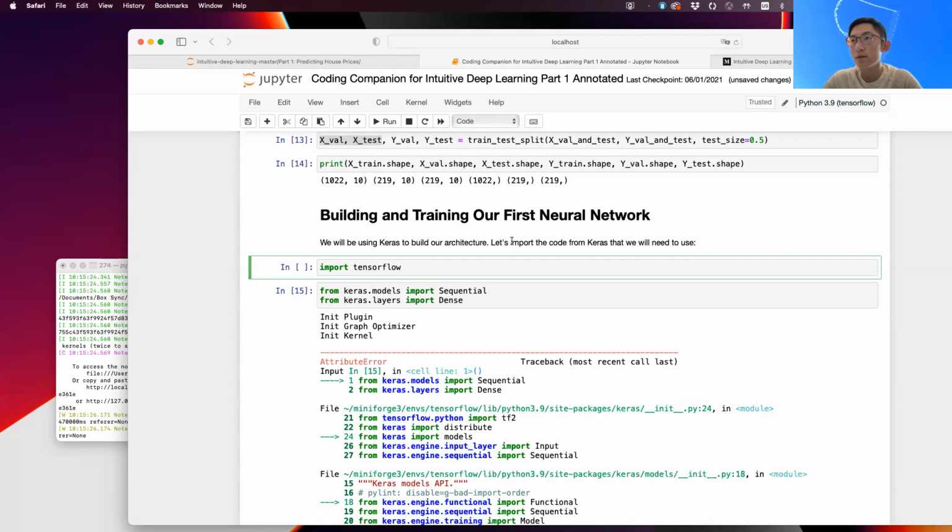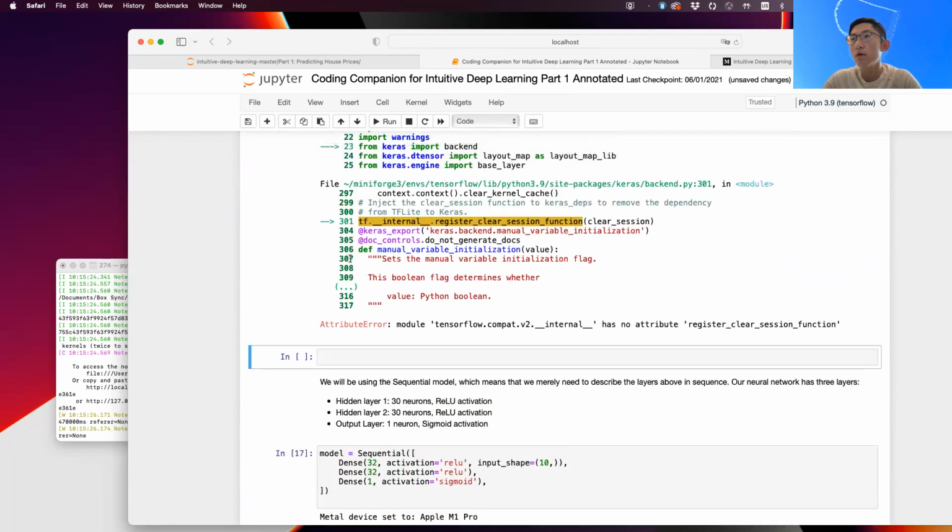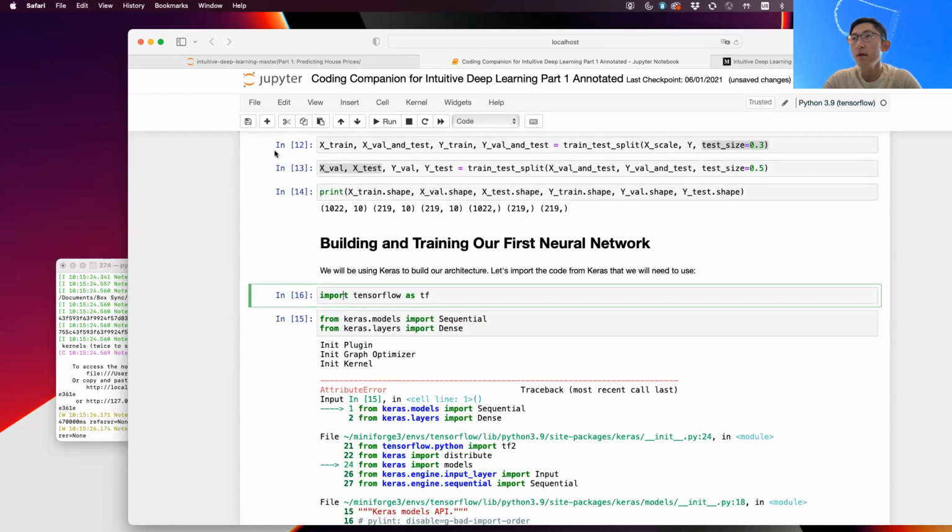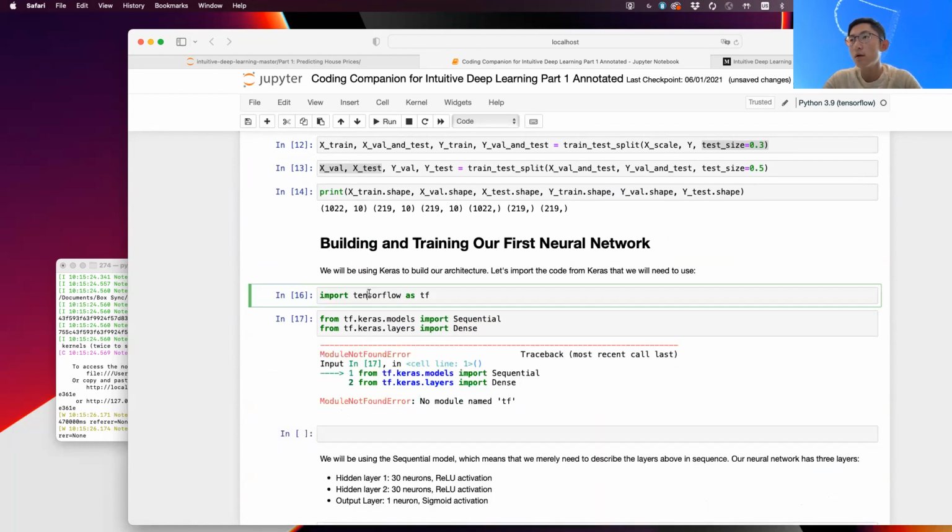Let me check. I think we want to import TensorFlow first, and then one update is, I think, it should work. TF. Oh, let me